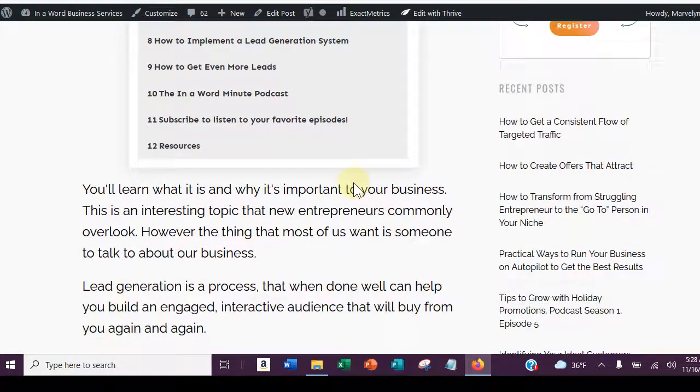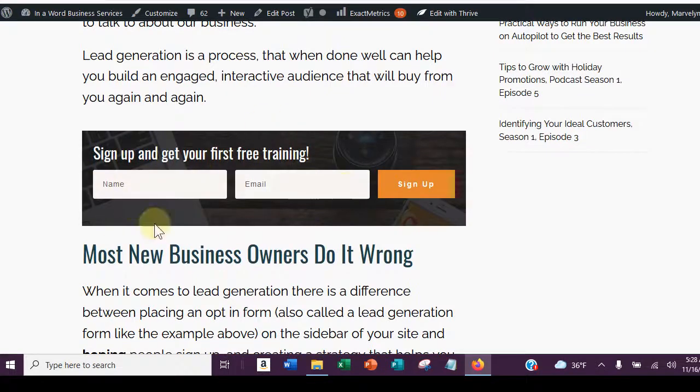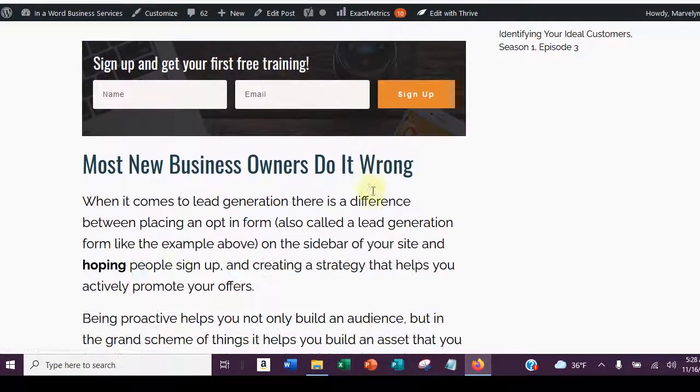We're going to scroll down, and here is the form, and this is what it looks like. So someone can just enter their name, their email. When they hit sign up, they're going to be automatically taken to the thank you page. So then when we scroll down some more